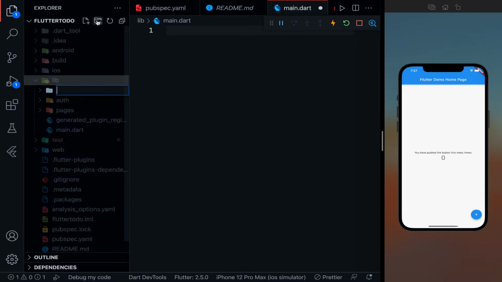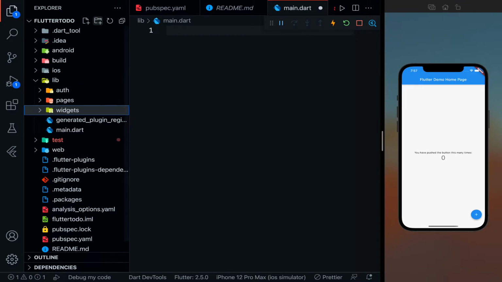Another thing we will have is the widgets. In this widgets folder, we will keep small widgets like a text field or a container, which is going to get repeated each and every time. A to-do will be contained in a container. That container I'm going to design in this widgets folder, so that my UI does not get mixed with the logical part, right? UI and the logical part should stay separate.